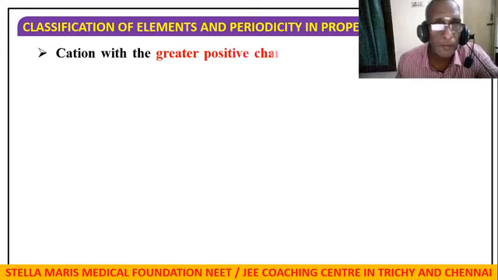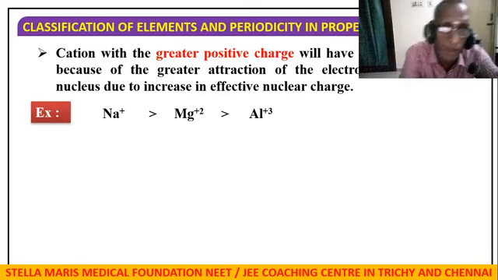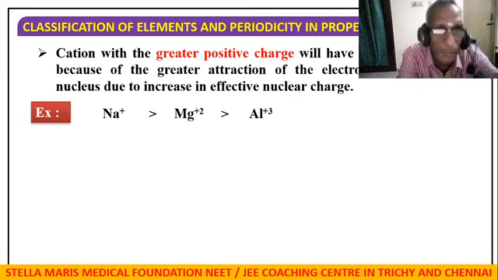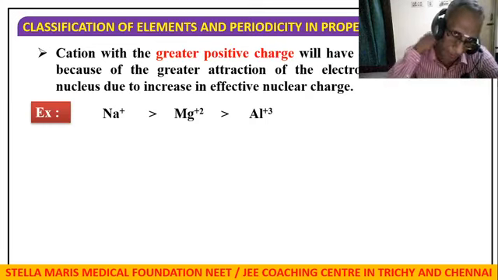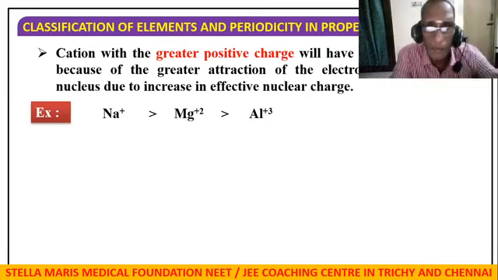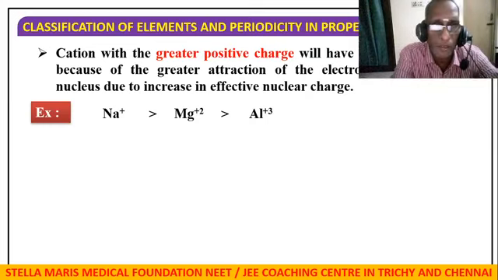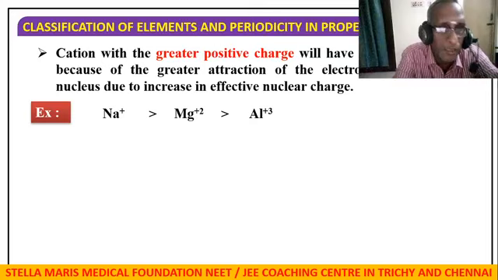Once again, cations, what we have seen is mentioned. Patiently study this slide. They have given it with color codings to remember the points. Cations with a higher positive charge have lower radius because more number of protons will drag the outermost electron towards the nucleus. So there is an increase in effective nuclear charge.